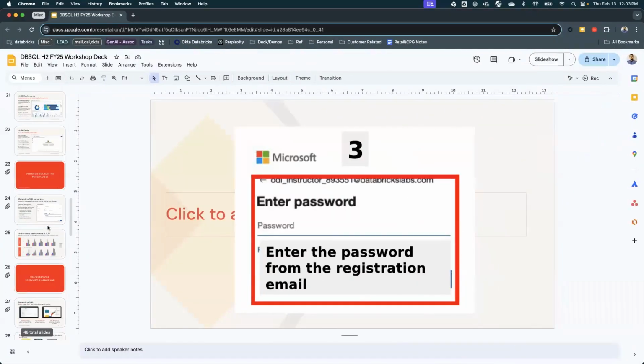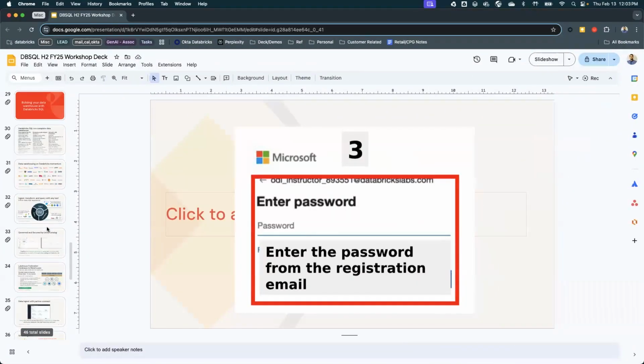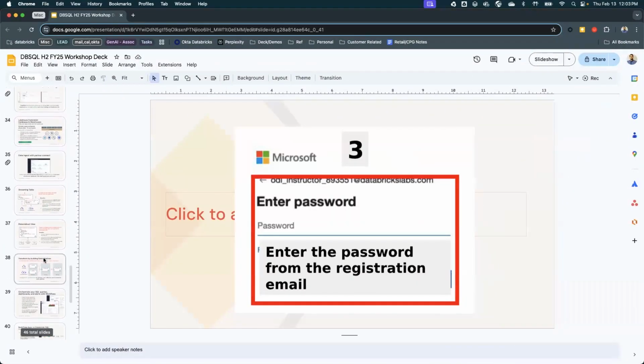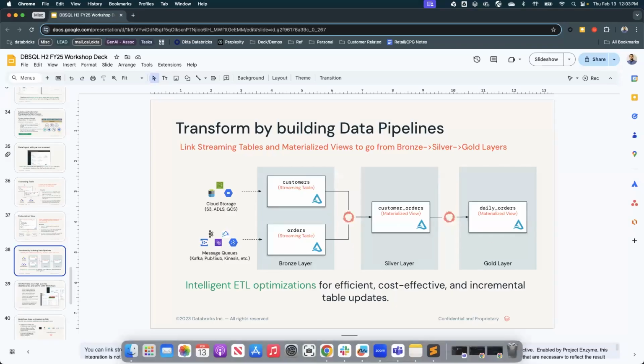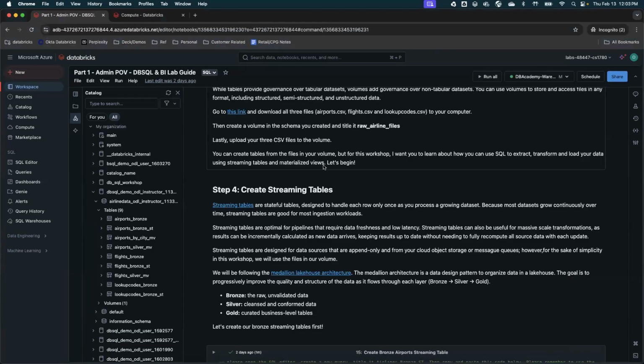Yeah, going back to the specific architecture here, we will have data coming from, let's say, Kafka or cloud storage. Let's try to build bronze, silver, and gold layers. Bronze will be a streaming table, and your silver and gold layers will be materialized views. So I'll create a streaming table.